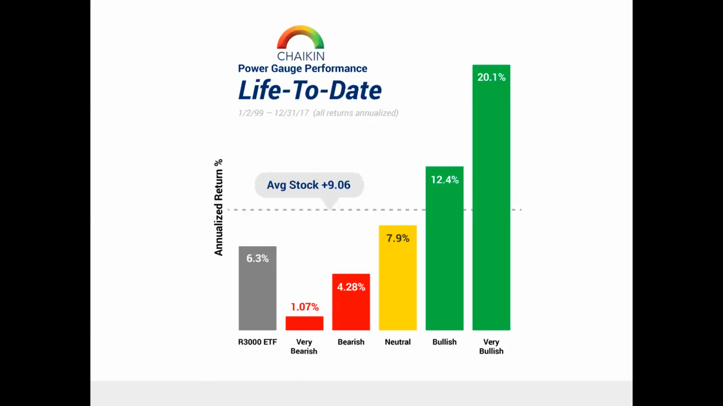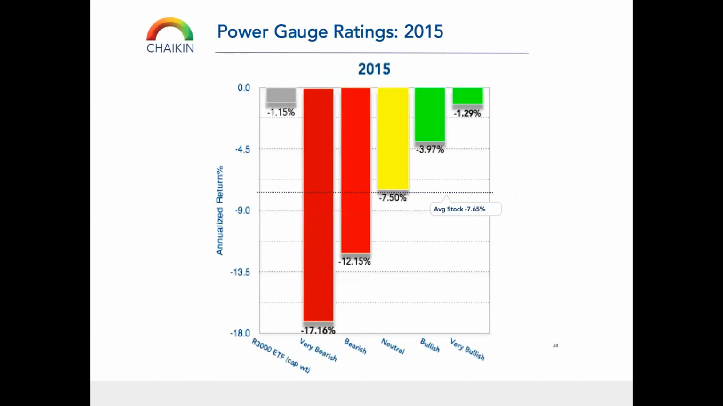It's that spread between very bullish and very bearish that you need to be aware of to be a successful options trader. You want to focus your long trades on the very bullish stocks and the short trades, or the bearish vertical put spreads, on the very bearish stocks. Now in 2015, it really mattered